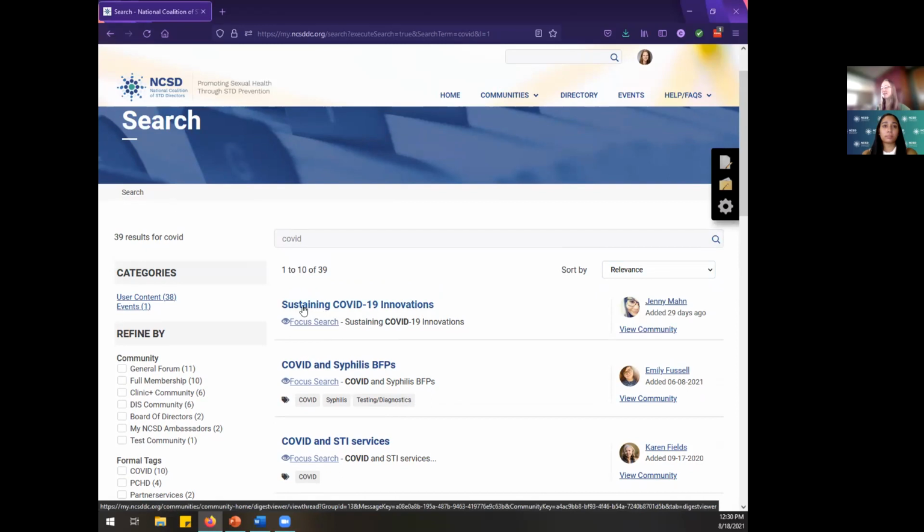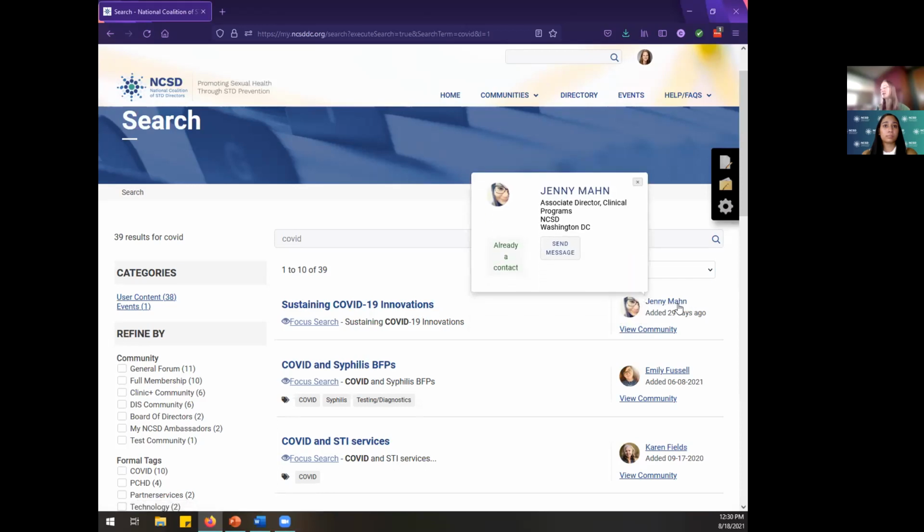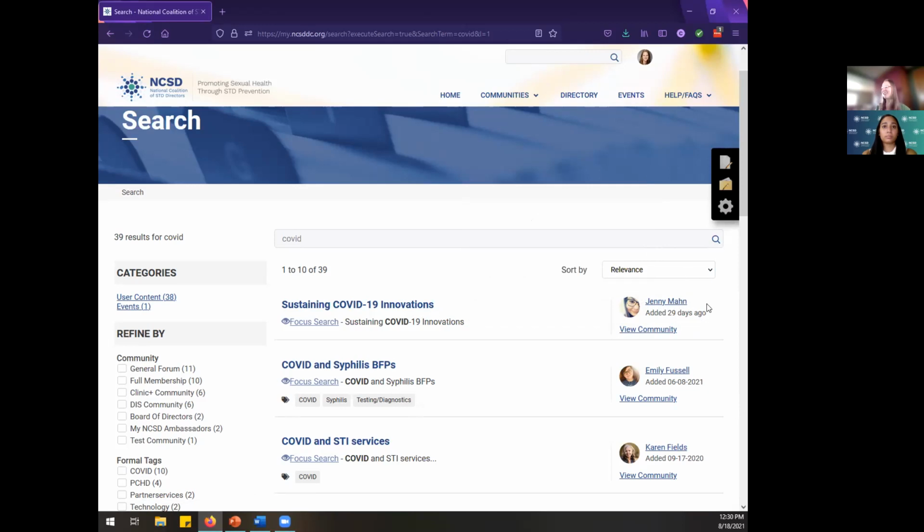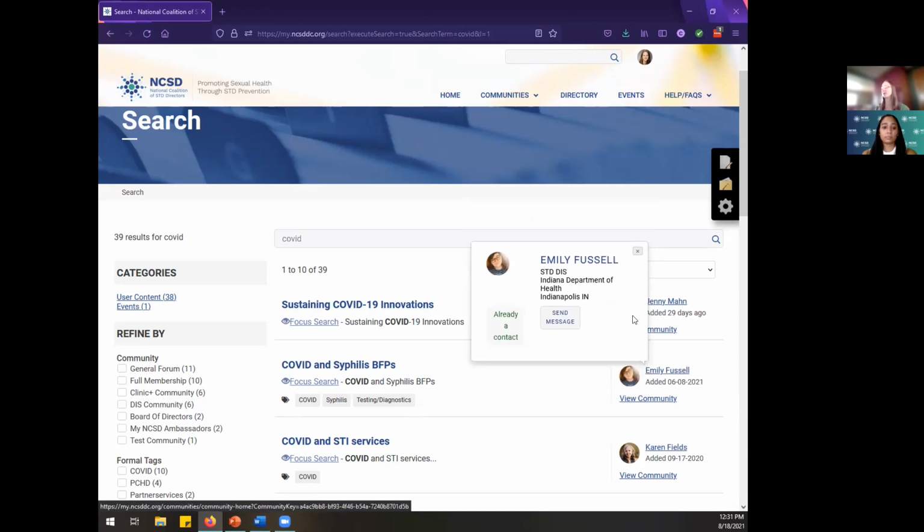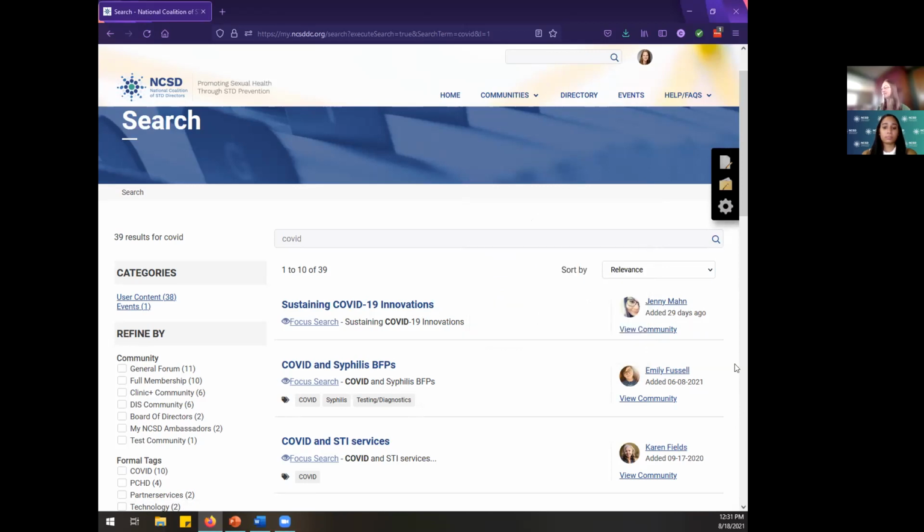I'm always going to see the title of the content, and that's what I can click to access it. I'm always going to see the author of that post, and then you can tell we get this little pop-up window that again makes it really easy for me to add the person as a contact. Jenny is already my contact, so that's what I see here, or I can send her a direct message. Just kind of interesting, I think. It gives you a little more context, so you can see, okay, who is this person? What is their job title? Where do they work? So you understand a little bit more of that context of what they're sharing.